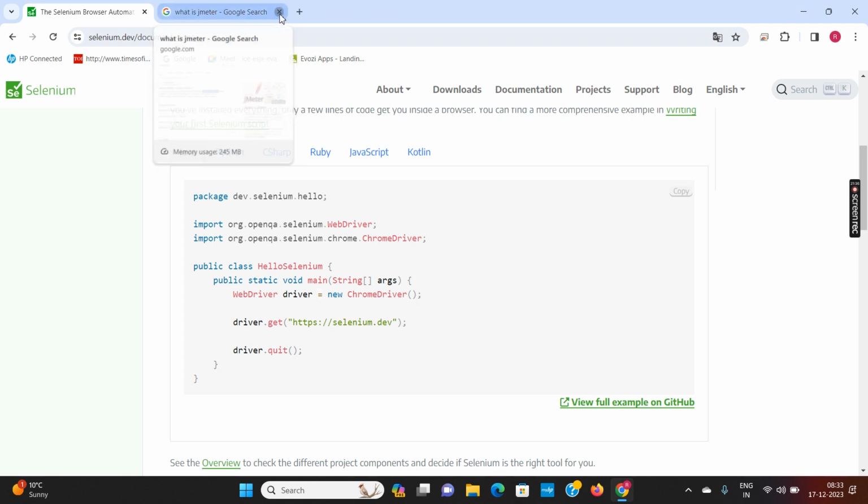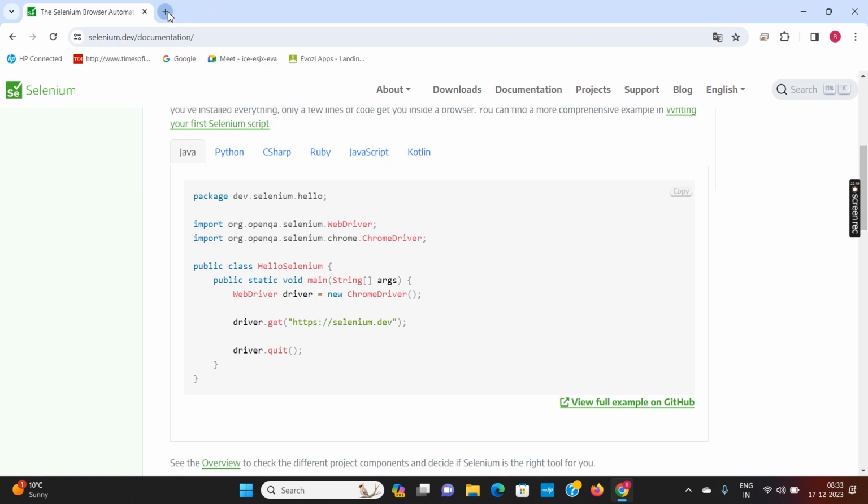You can do the research on your own also, and then decide which language you want to go for. It is not compulsory that you should go for Java only, but it is better as per my knowledge. Now, I think you have understood the difference between a tool and a library. Tool means with which we do not have to write any program or coding. We can just download, install, and use it. But they are generally paid and costly. Whereas with Selenium, we are writing a testing script by using a programming language, and Java is one of them, and one of the best if you take my suggestion.